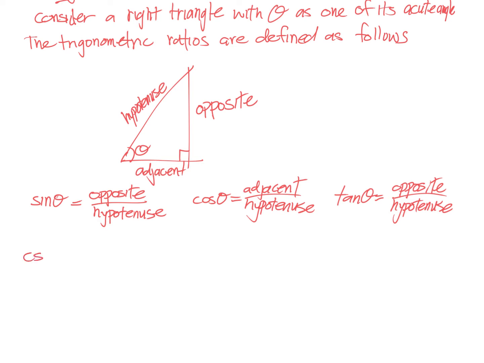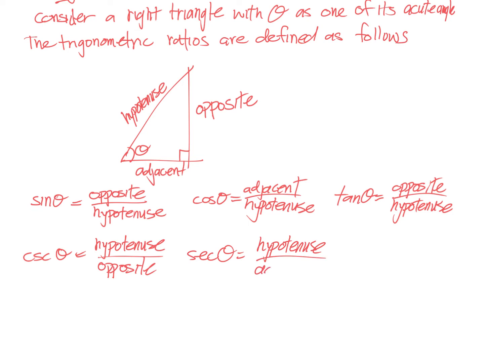And then we have cosecant of theta, which is hypotenuse over opposite. Secant of theta is hypotenuse over adjacent. And then cotangent of theta is,